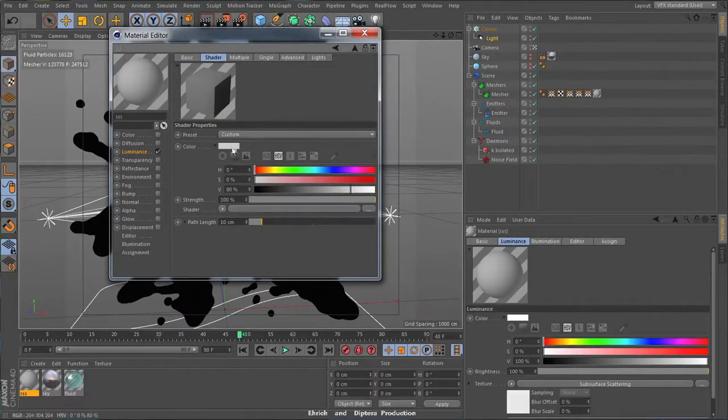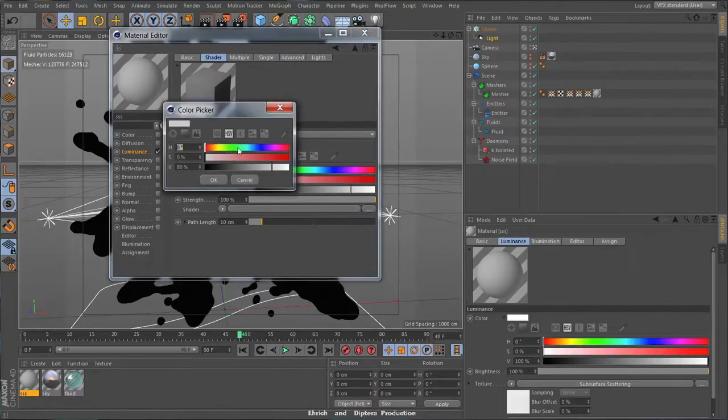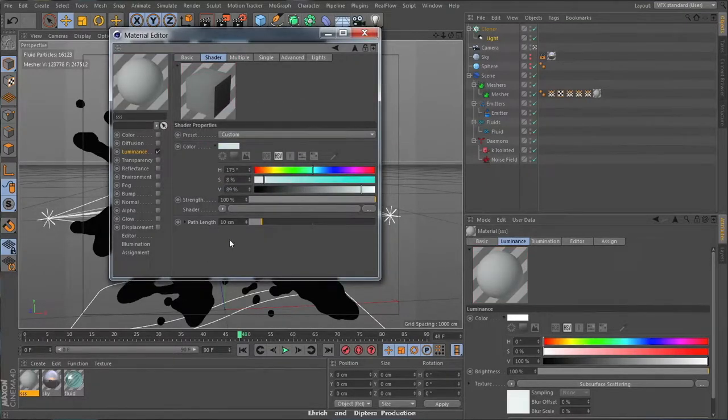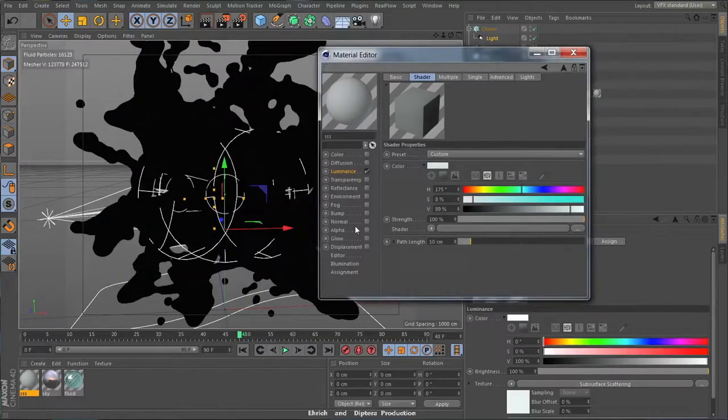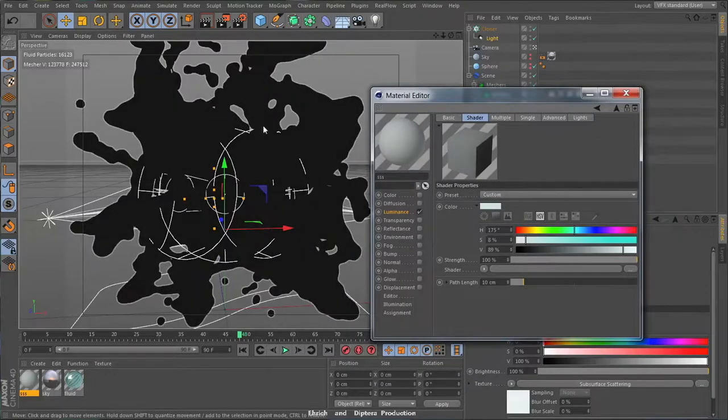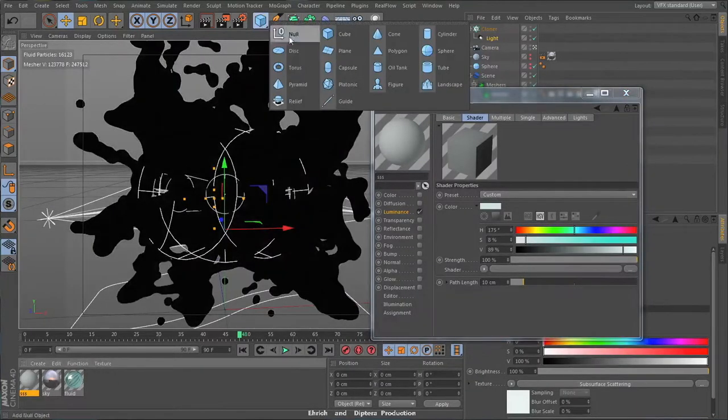All right, let's go in here, and I'm just going to give this a light color, a very light pale blue, aqua. And this is pretty important for subsurface scattering. For those of you who've used subsurface scattering, really the simplest way to calculate it is to create something like a sphere in your scene,